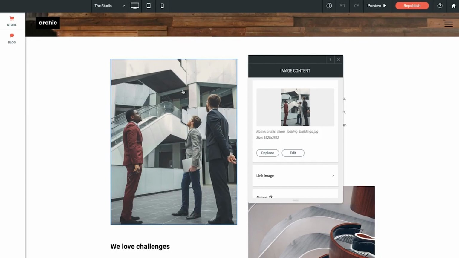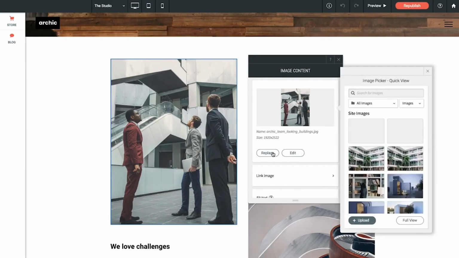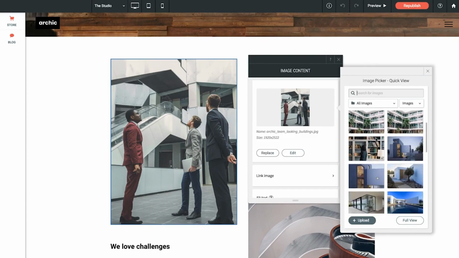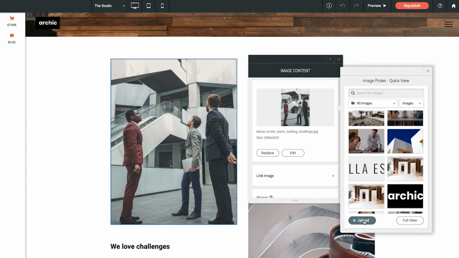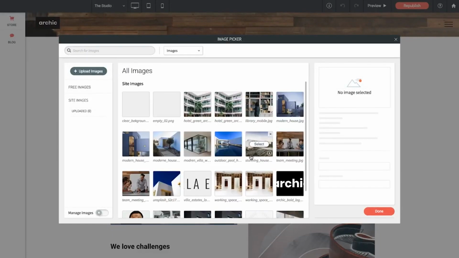and the image itself. The first option in this box is to replace or edit the image. If we click Replace, it brings up another menu for us to select or upload a unique image. You may see images we've used throughout the site already listed in here. We can also click the Upload button if we want to upload something new from our computer, or we can click this Full View button, which is going to give us a wider layout if we plan on browsing and